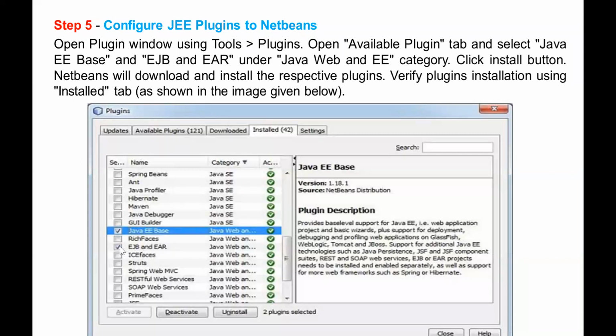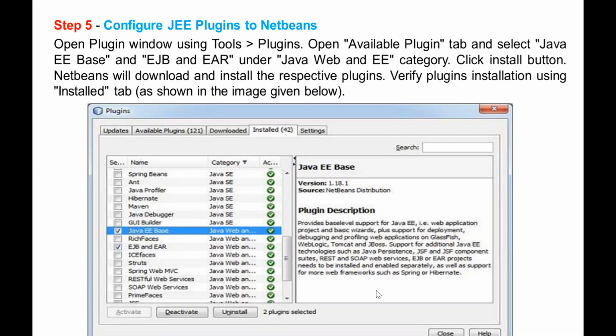Just click these two options. Once you click this, NetBeans will download and install the respective plugins. Then verify the plugins installation using the Installed tab.